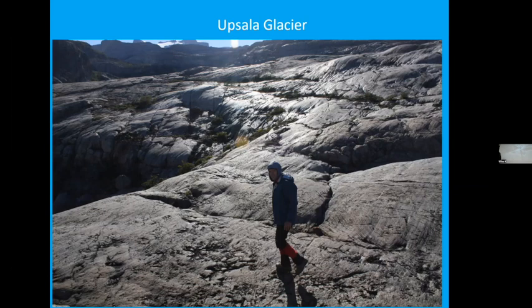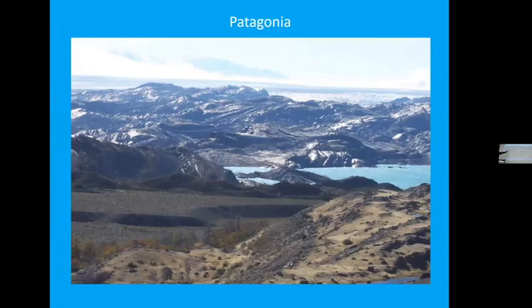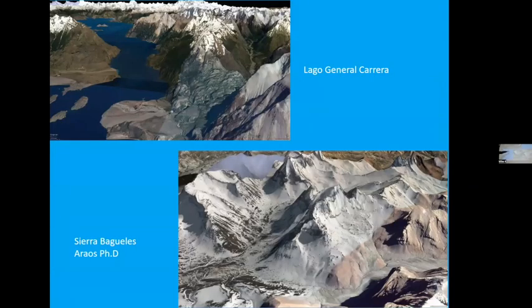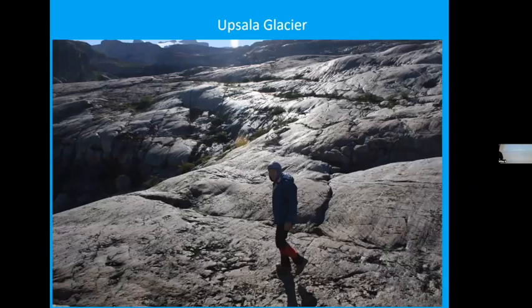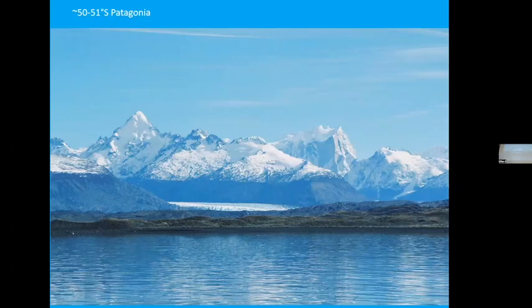Some of you have been to the Perito Moreno Glacier. This is near the Perito Moreno Glacier. So just to give you a sense of what glacier erosion looks like on a small scale. This is happening over large areas, which gets you to fjords, U-shaped valleys, things like Yosemite. So glacier erosion has a very strong impact on the landscape. So now you can see how it could cause mountains to erode. This is the Andes. That's also the Uppsala Glacier, it's just the same.